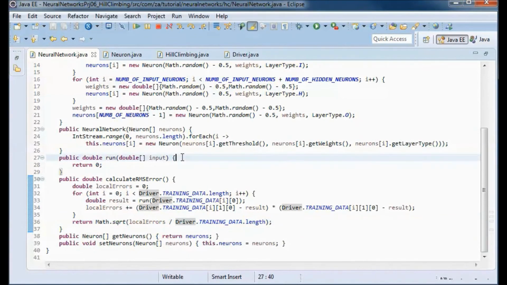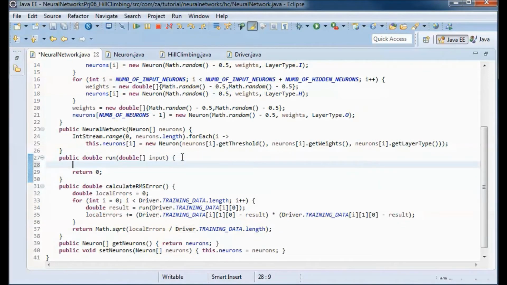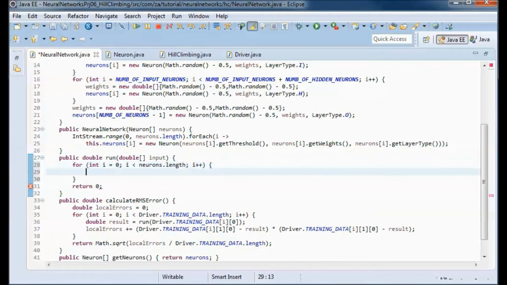Now in the run method, we want to go through all the neurons and calculate the weighted sum and apply the activation function for the neurons that are in the hidden and the output layers.